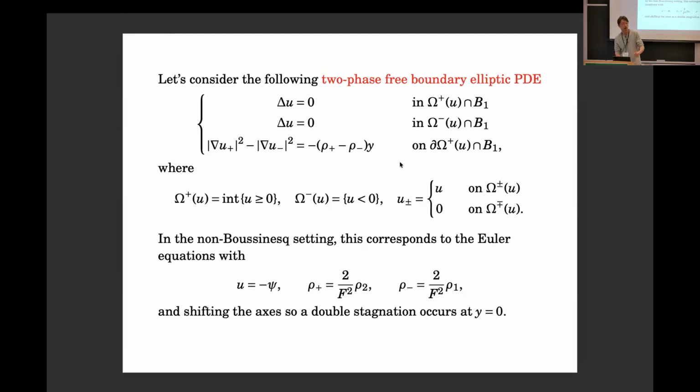So you want to disprove that you can have a double stagnation, which at first glance seems quite likely, because I forgot to mention that there is a certain regularity we can prove. Say, u is Lipschitz, or the interface is Lipschitz, and it's monotone. As I said, we've asked around many people in elliptic regularity theory. To us, it's very much like Hopf's lemma would do it. You have an interface being Lipschitz and monotone. If you can have an exterior ball condition, Hopf's lemma says that you cannot have double stagnation.